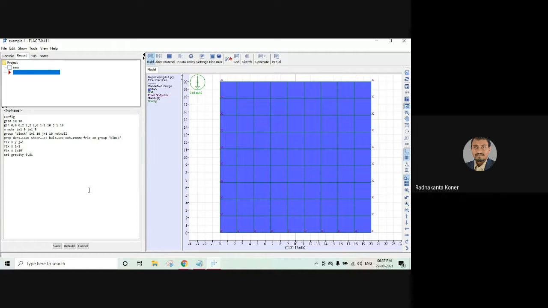And here now we have set the gravity. So now on this block, suppose I am sitting on a chair, this chair is being attracted by the gravitational pull in the downward direction. So this block is also the same. This block is being pulled with a gravitational acceleration of 9.81. But we have fixed the bottom, so this block will not move.